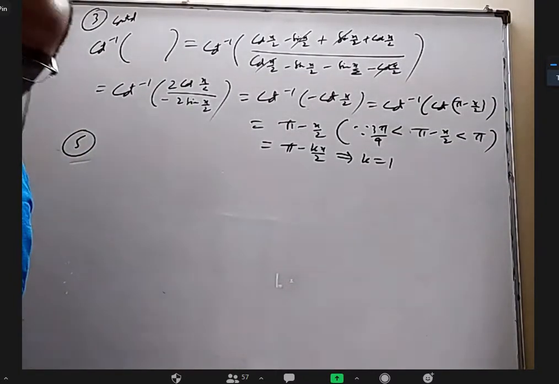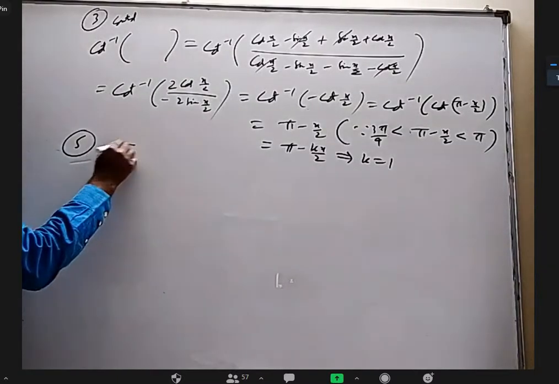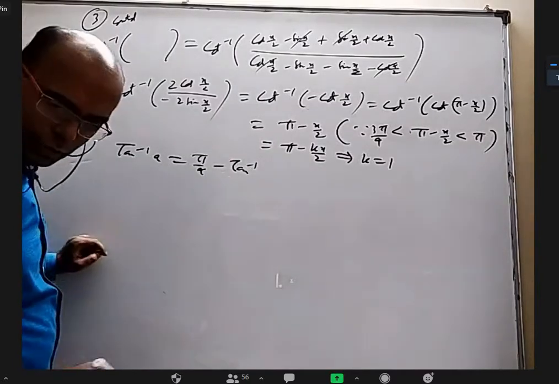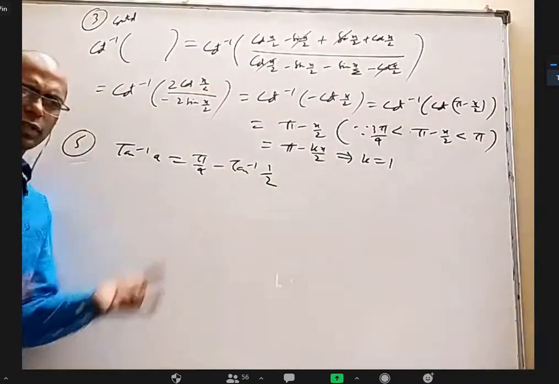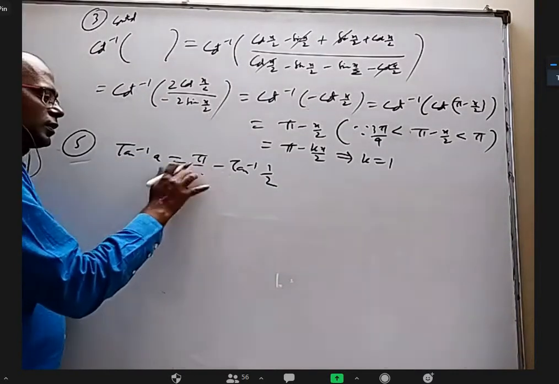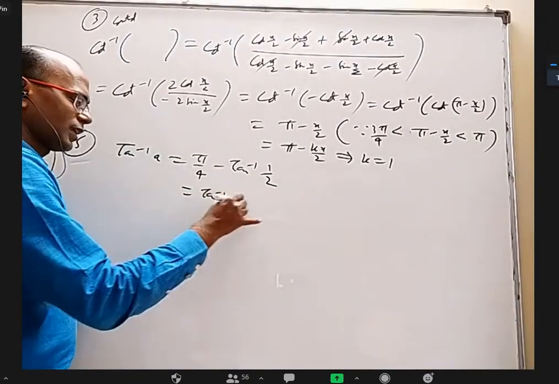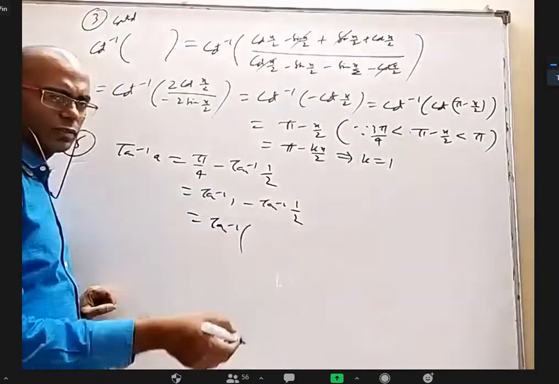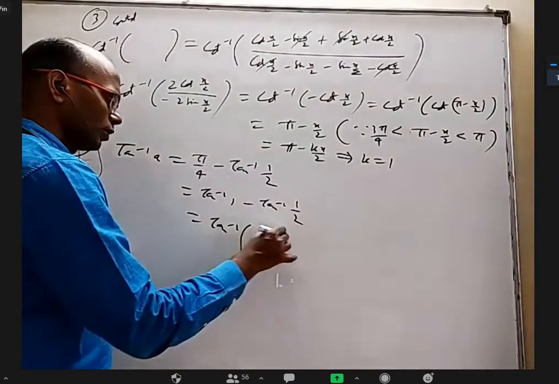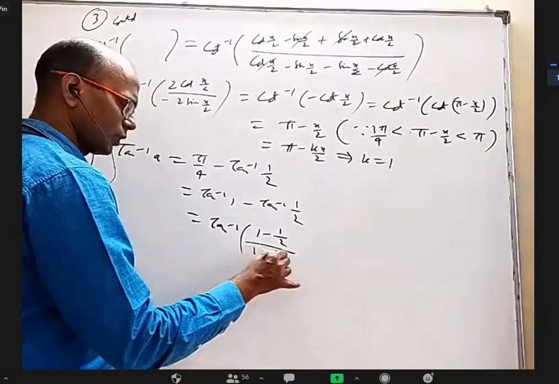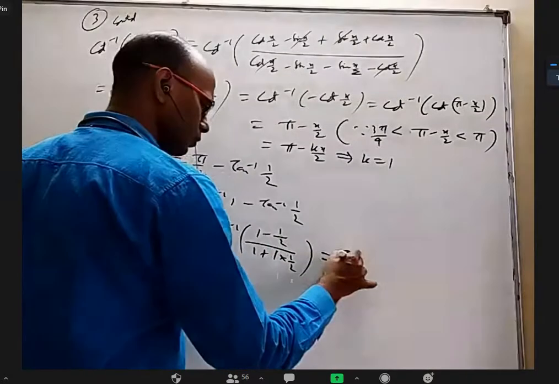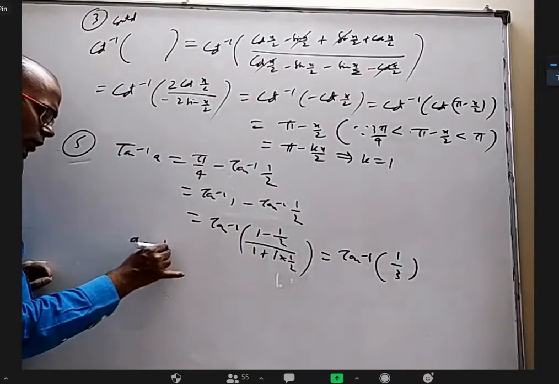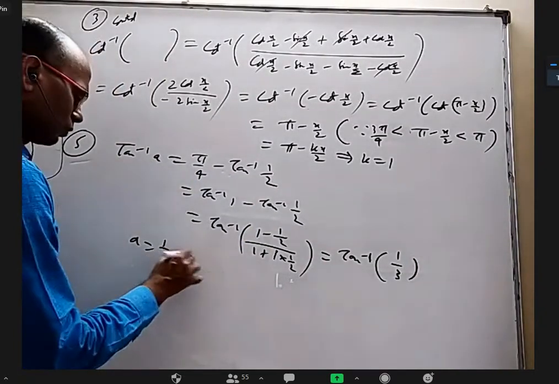I think these are some simple questions they just gave for a numerical answer. Tan inverse A is pi by 4 minus tan inverse 1 by 2. The morning video saw the graphical representation of this also. A is 1 by 3 there. Pi by 4 is tan inverse 1 minus tan inverse 1 by 2. Tan inverse x minus tan inverse y is tan inverse of x minus y by 1 plus xy. So 1 minus 1 by 2 by 1 plus 1 into 1 by 2, which is tan inverse 1 by 3. A equal to 1 by 3 and 6A equal to.